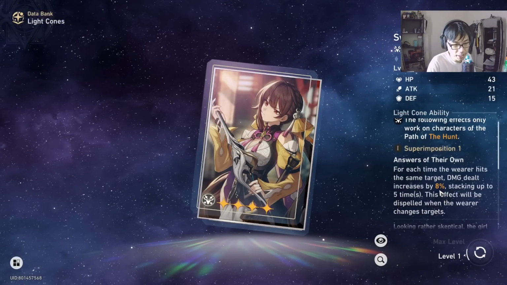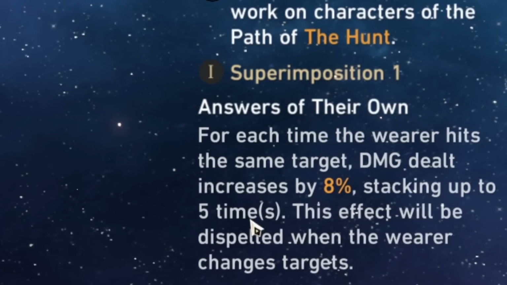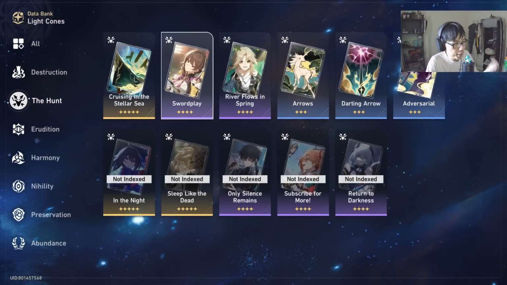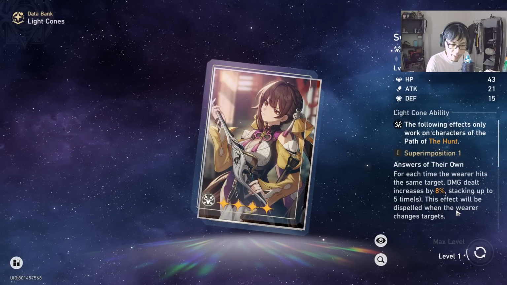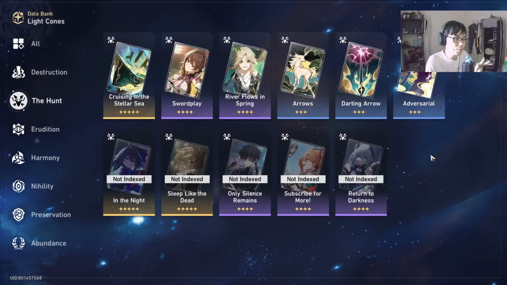This one is insane. 8 times 5, 40% damage increase, only if you focus specifically on one target. So yeah, it really depends. If you're fighting multiple enemies, this one seems to be better. If you're fighting bosses, this one seems to be better. But again, if you fight multiple enemies and you switch target, the entire damage dealt stack just disappears altogether. So if you want something that's a balance between both of that, then